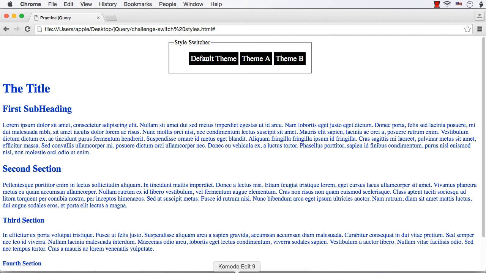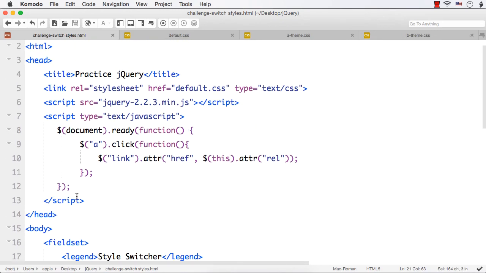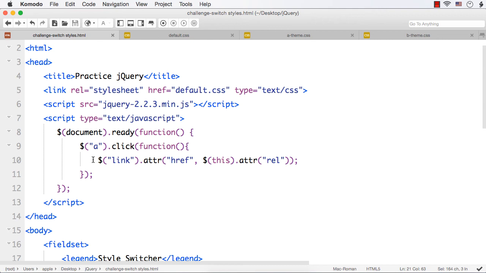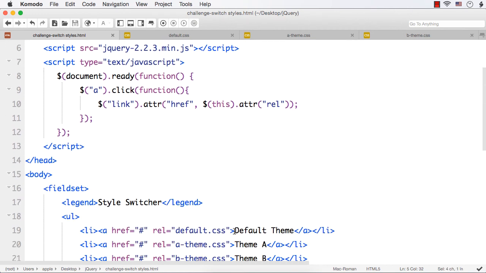So it is really simple actually. We took this much time to style the items and all. In fact, to switch between styles, we just have to select the link element and set its href attribute's value to be the value of the rel attribute of the clicked A element. So we have selected the A element.